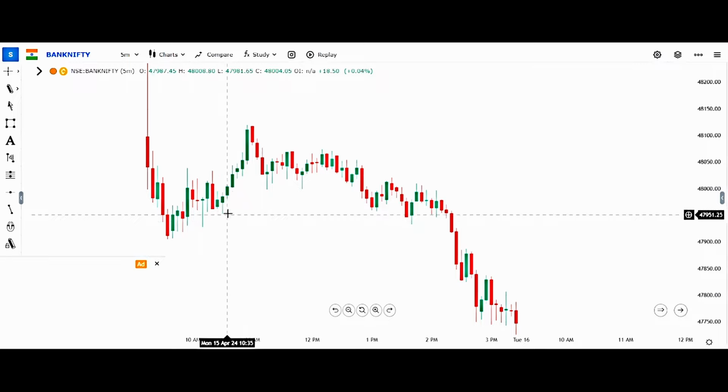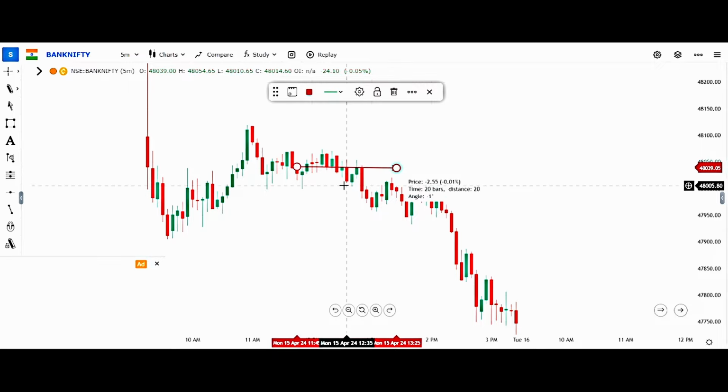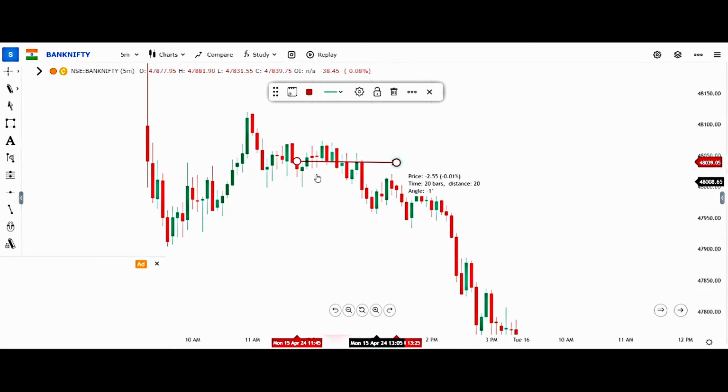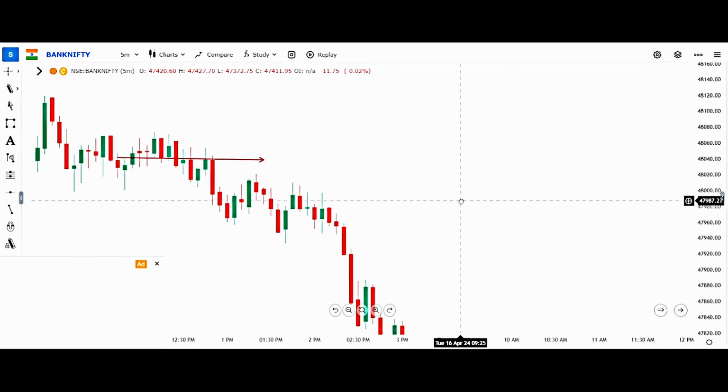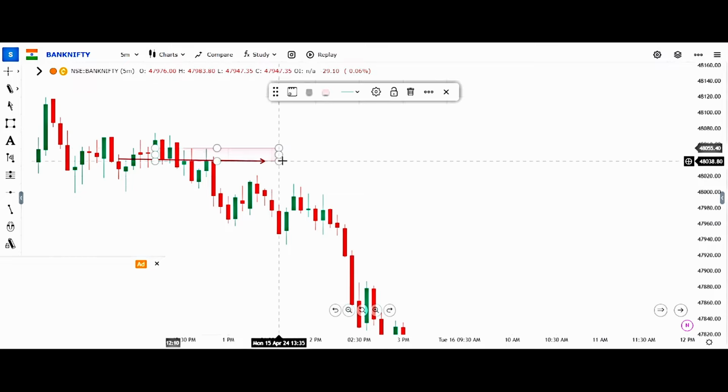Now let's look at another example. If you see here, another buying. This is also buying here. Yes, this was the buying. So what was the last candle? The last opposite color candle. Yes. So look at the number of rejections you got: 1, 2, and 3. And if you want, 4. There are 4.